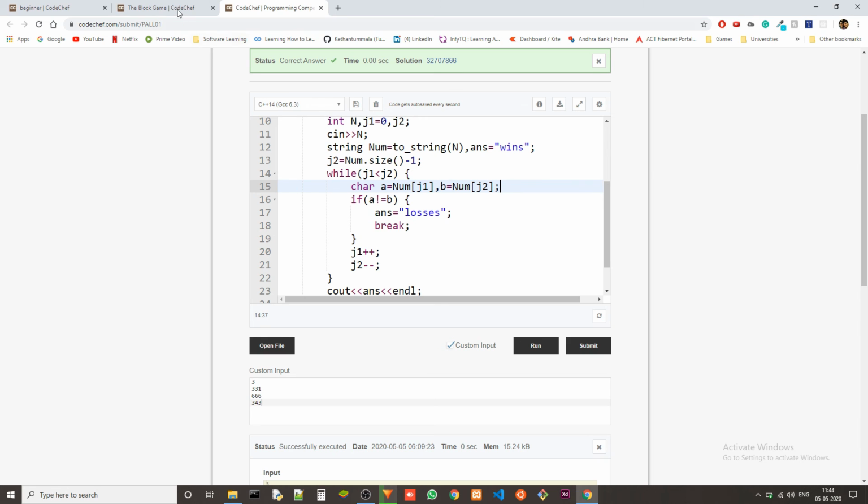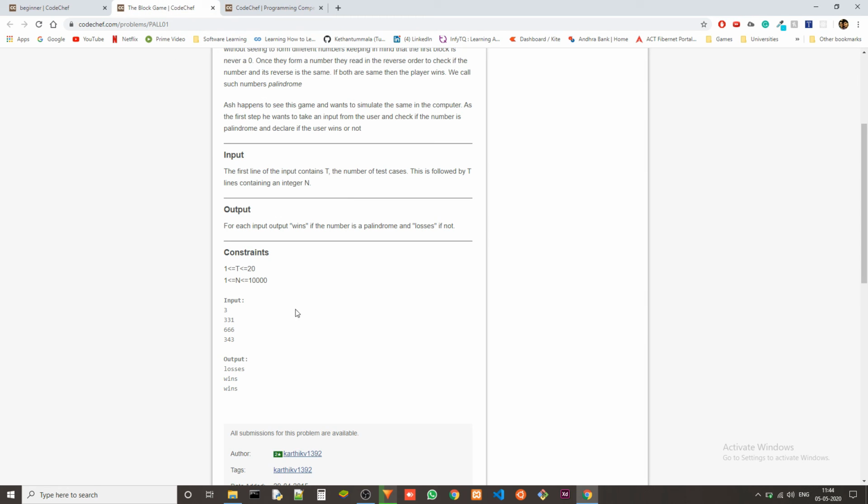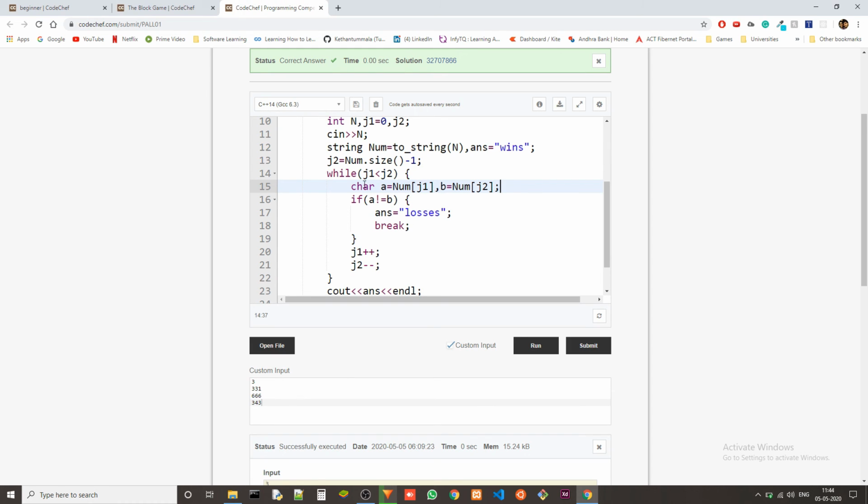Okay, and then time complexity will be order of d by 2, which is also equal to order of d, right? So space complexity and time complexity are both the same, and this is because we are running 2 pointers, one from the start of the array and one from the end of the array, right?